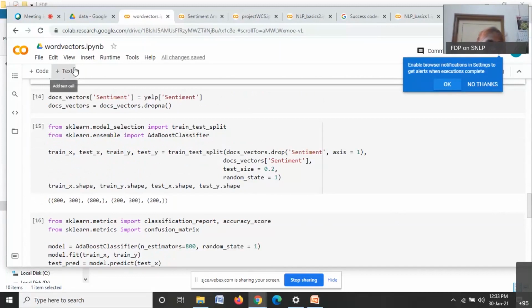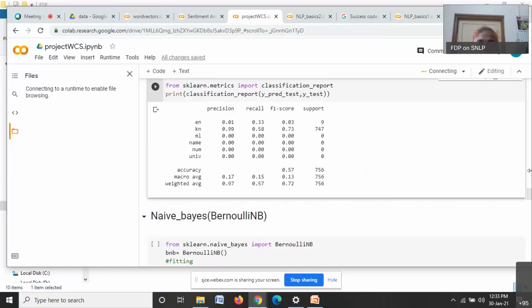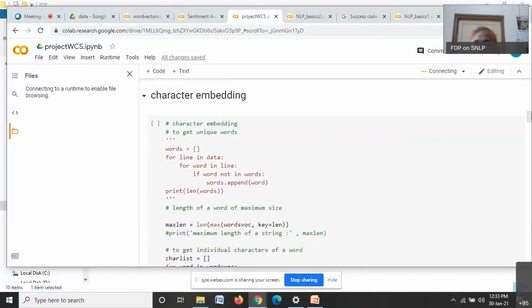Can we construct our own word embeddings? How to construct our own word embeddings? Let us say I'm not happy with the word embeddings that are available from Google, because I have my own kind of text. Especially, let us say I have Kannada text. For Kannada text, I do not have these word embeddings. Or I have code mixed text, and for code mixed text, I do not have word embeddings. So I would like to construct my own word embeddings. Let us take a note of this also. So I want to create my own word embeddings.